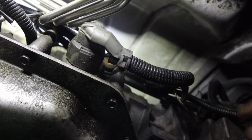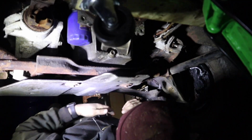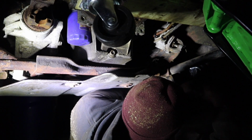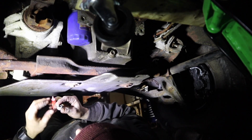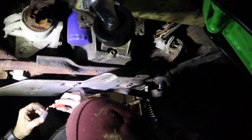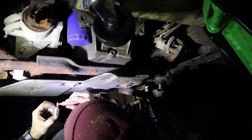This is an O2 sensor. It's seated all the way. That's good. So I'm actually going to be putting a little dab of red Loctite on the ends of these threads. I'm just going to do a little bit, not a lot, because I don't want them to back out. I'd rather have to use a little bit bigger wrench getting them out